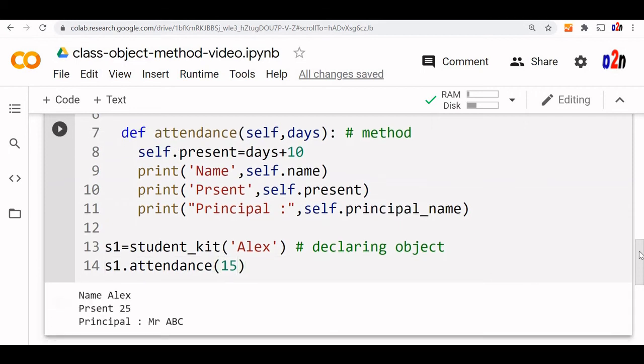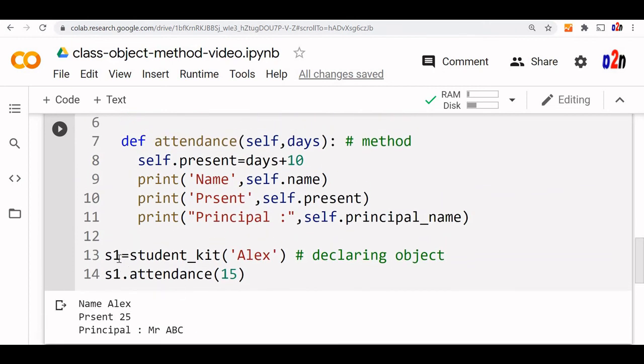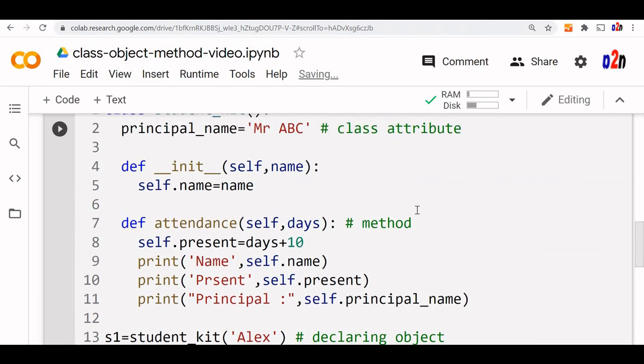It prints name as Alex, present for 25 days, and principal is ABC. What it does is, the moment I created S1 at line number 13, Alex as the name is initialized here. This is the initialization. This executes the moment the object is created, but attendance and all other methods I have to call explicitly. Here it runs by default.